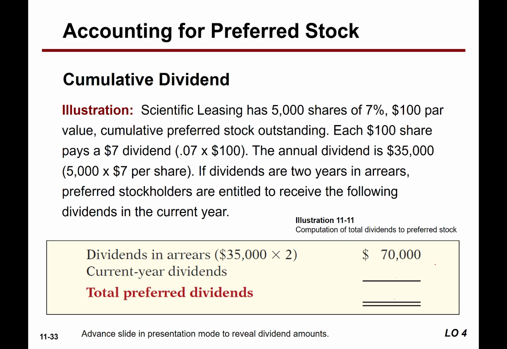Now, at this point, the board of directors maybe even hasn't declared a dividend. The dividends accumulate because it was what? 7%, $100 stock, $35,000 a year. If you have 5,000 shares, $35,000 year one, $35,000 year two, right? Then the current year dividends are $35,000. And so now we owe the preferred shareholders $105,000, and if the board of directors declared the dividend in this current year, we would have to first pay our preferred shareholders the $105,000, the $35,000 from year one, $35,000 for year two that have accumulated, plus the current year, before our common